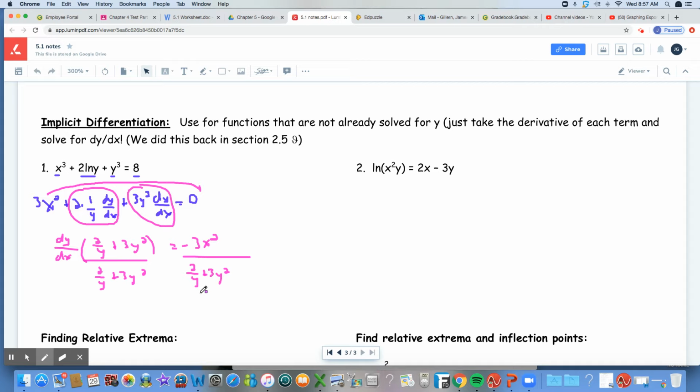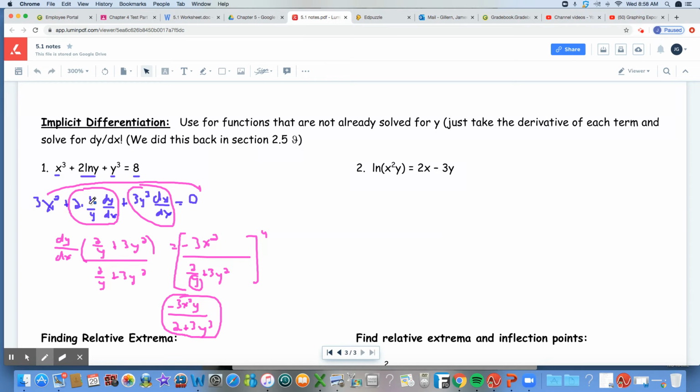And what we can do is we can multiply everything here by y. Why? Because this is the denominator. And you get negative 3x squared y over 2 plus 3y cubed. And there's your final answer. Now, what you can do so that you don't have to do this, and I'll show you in this example number 2, is that once you get to